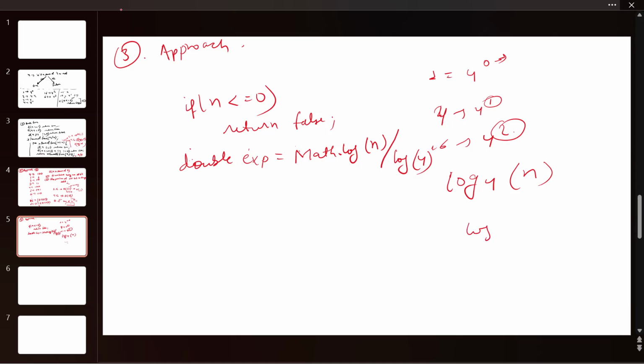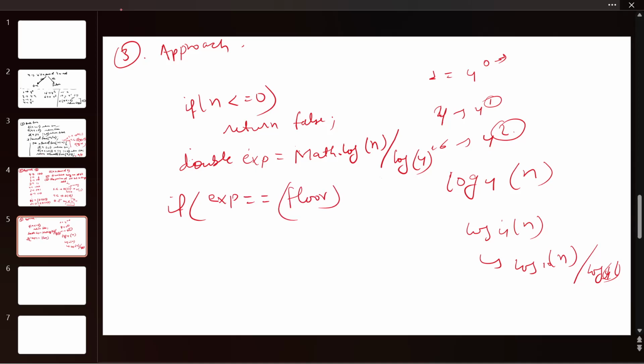Because we can write log base 4 of n as log n divided by log 4. In the same way we can implement this, and what we check is if exp equals floor of exp, then